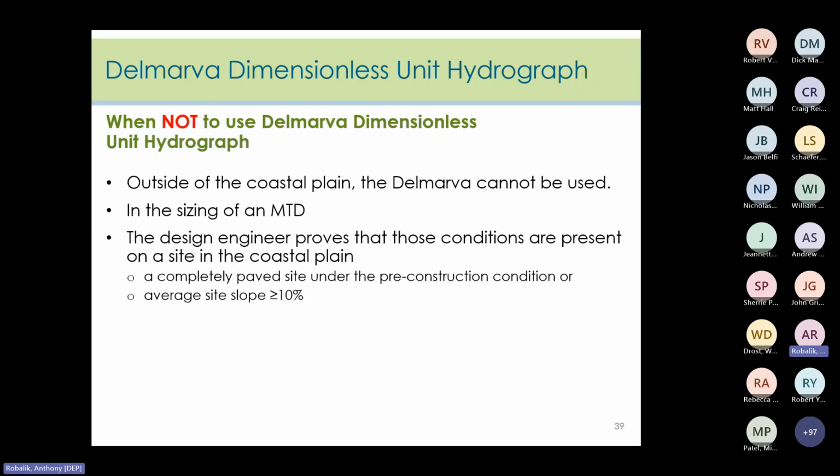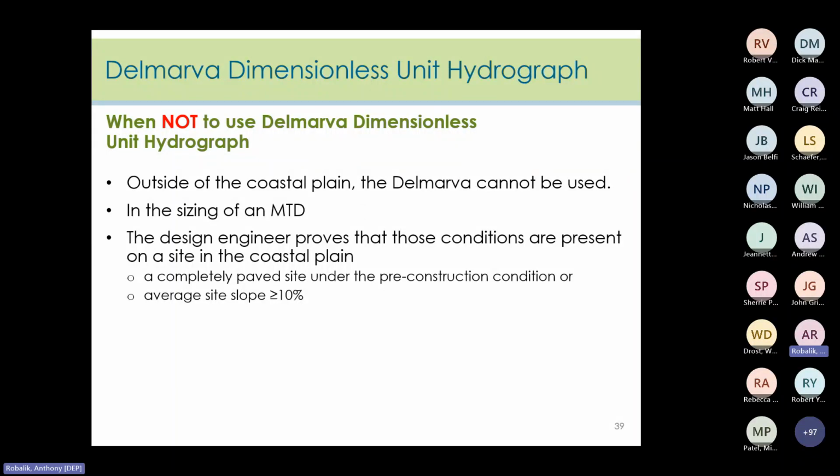So, when not to use the Delmarva dimensionless unit hydrograph: the Delmarva DUH must not be used outside the coastal plain of New Jersey. For another instance, use of the Delmarva unit hydrograph is not allowed when sizing manufactured treatment devices because it will underestimate the flow rates. And lastly,